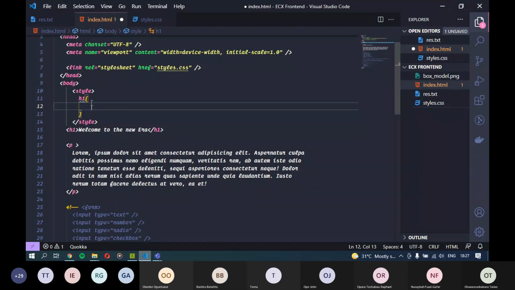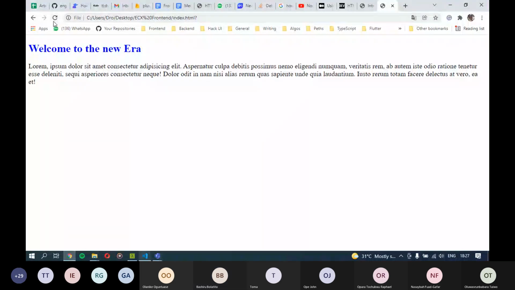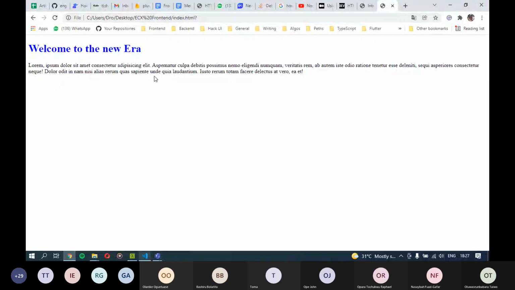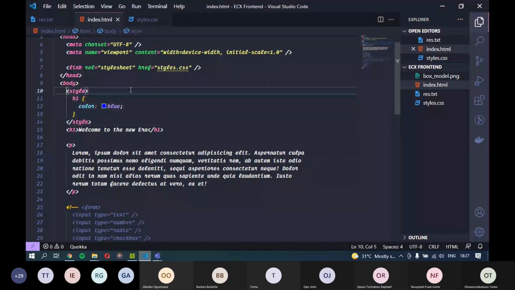Actually, most times when you have a question dealing with code, you just try it out and see if it works or not. If it does not work, then it serves as a learning path for everyone. So let me refresh this, and as you can see, it actually did work, because I removed the inline styling from the H1 and styled it through the style sheet and it still worked. So to answer your question, yeah, it can work.